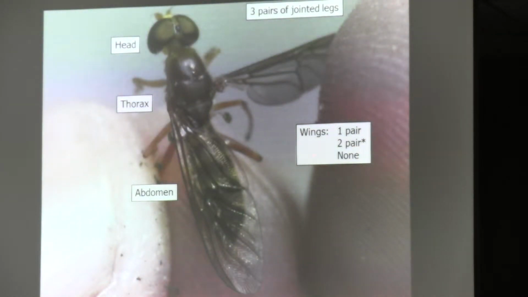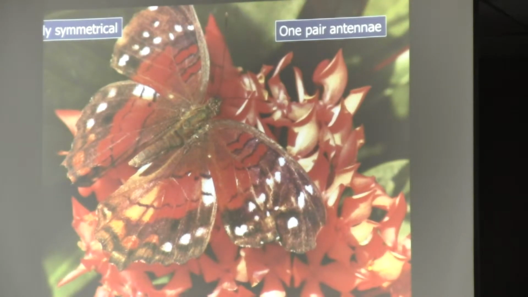And then there is some variation with respect to wings. This is actually related to flies, and flies only have 1 pair of wings, but most other insects are going to have 2 pair of wings instead of 1. And then additionally,